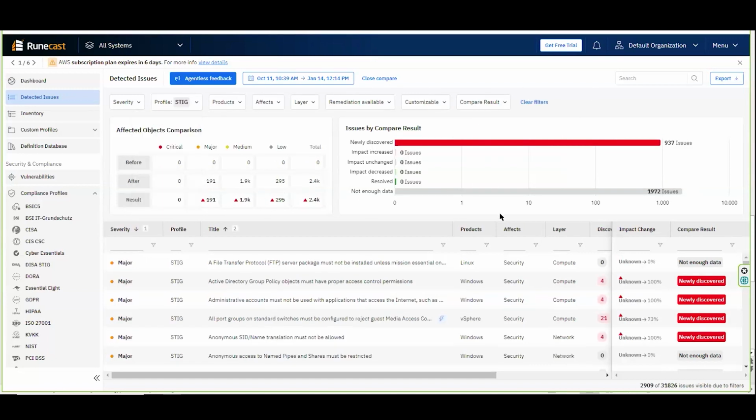And now we can see what's occurred. Well, actually, there hasn't been a whole lot. We didn't resolve anything there. All that we've done between these two particular dates with STIGs is introduce newly discovered non-compliances. Of those, there's been an increase of 191 major level STIG non-compliances, 1.9 thousand medium level, 295 at the low,